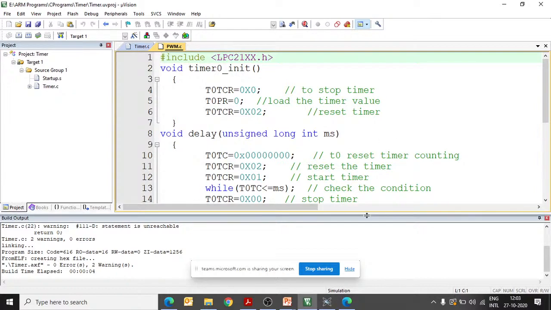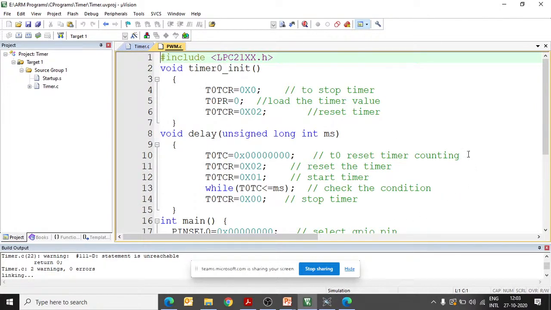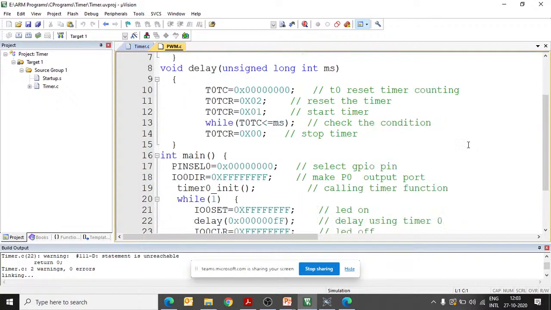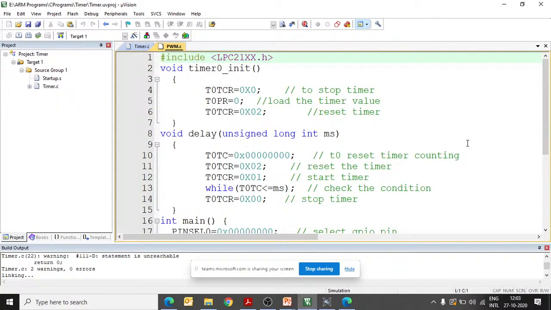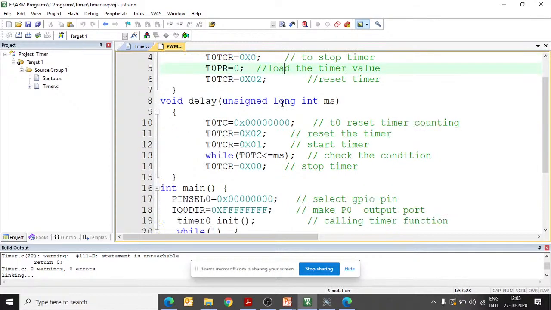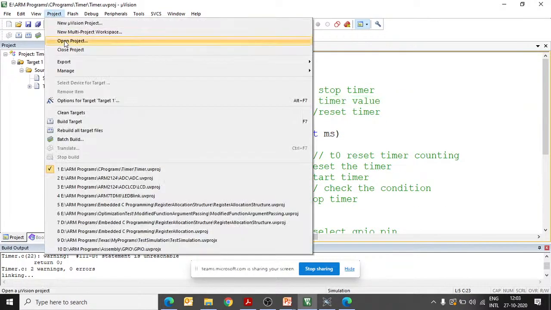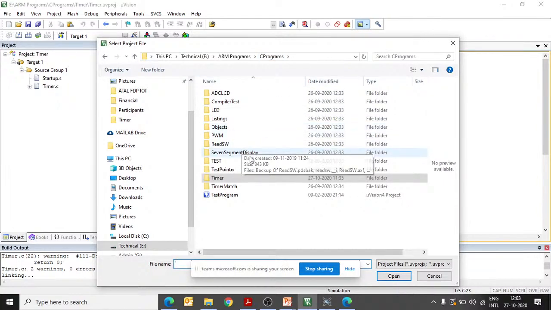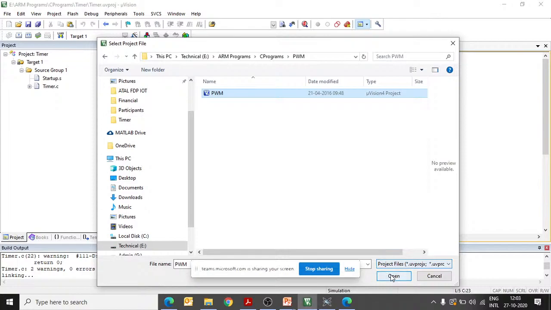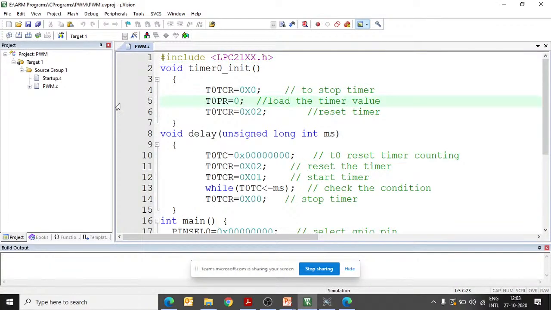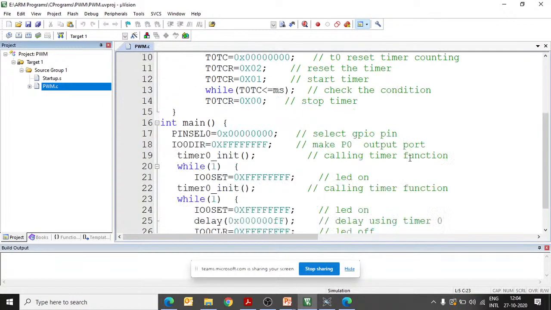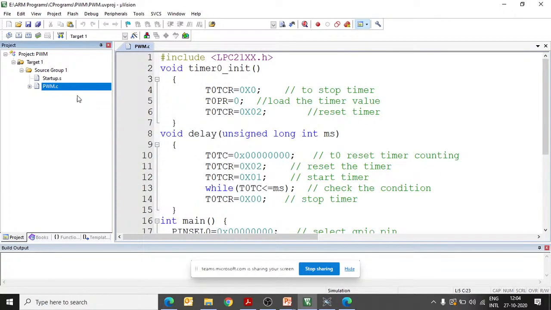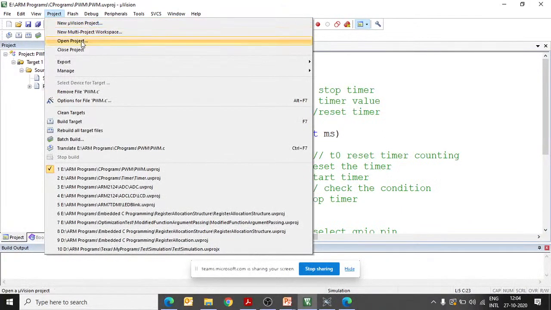The Keil slide which I have shared with you. Yes, sir. Okay. So this is for PWM generation. Let me show this file. It's not that one. I think it is overwritten. Let me open another file.